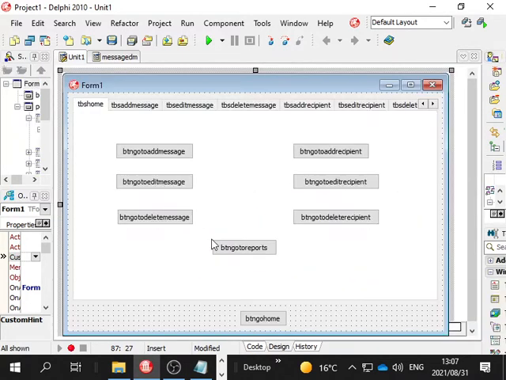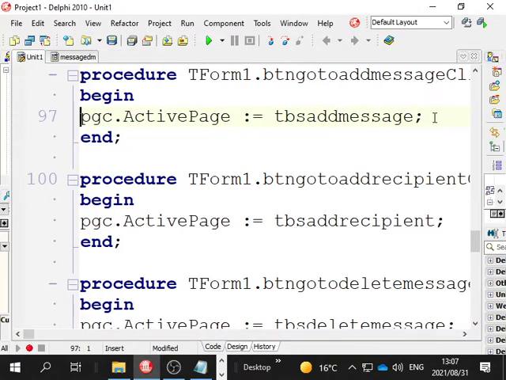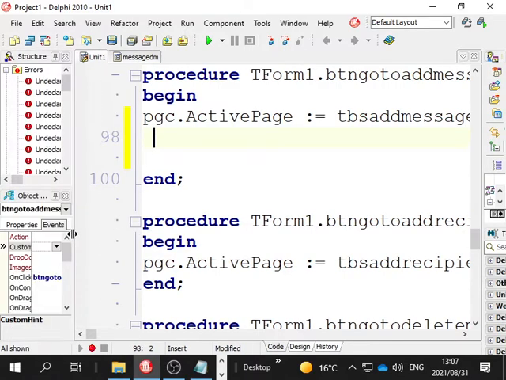Now we are going to do the following. We're going to go to the button, go to add message. In the BTN, go to add message. As you can see, we have this active page here, but we're going to connect to the table and set the grid column widths at the same time. Whenever we navigate to that tab sheet, we want to refresh the view of the table and set the grids at the same time, and we do it using our ADO table component